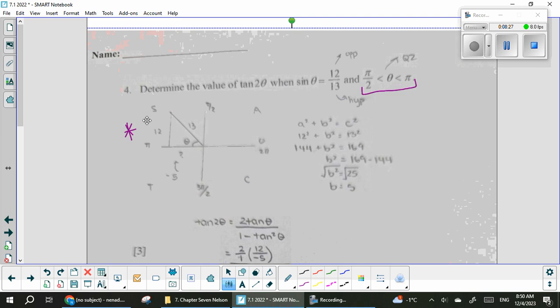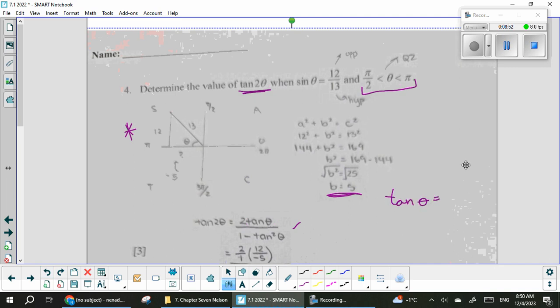In this case, if you look at the Pythagorean theorem, you get that that side, the x value essentially, is 5. And when you're defining the tangent, because you are looking at the tangent of a double angle, and when you look at the expanded formula for the tangent of a double angle, you need tangent theta, right? So if you're doing that,